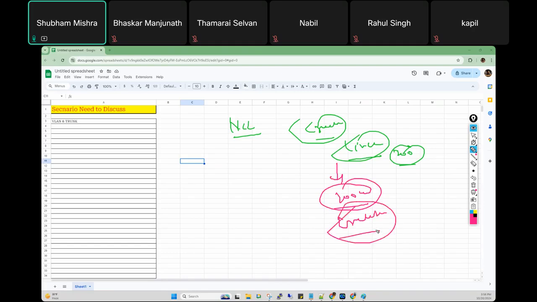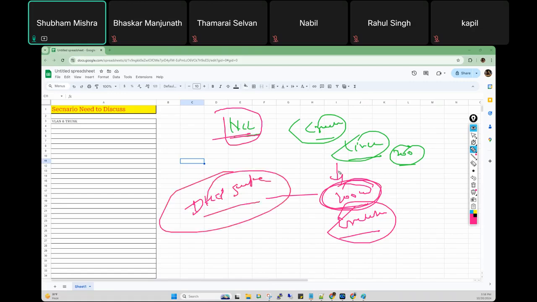Getting my point, everyone? So NCL means whenever any fresh client will come. In this case, you need to create the complete network. But for the growth, you do not need to create the complete network. You need to check only the DHCP scope. For example, the server team already provides a /24. It means you can assign the IP address to a maximum of 254 users.